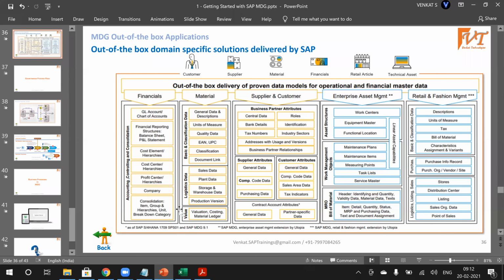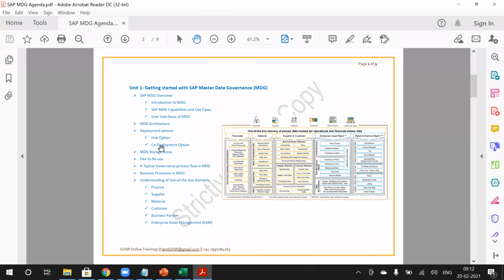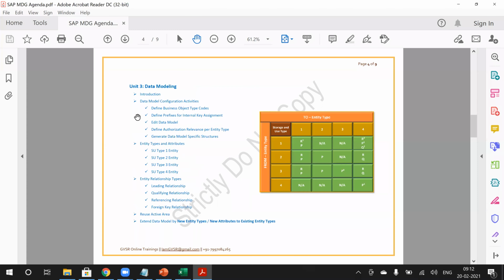As per my understanding, currently you don't need any server access to go through these topics. Up to some extent, we will be discussing only the theoretical portion. Once we start data modeling, from unit 3 onwards, you need the system access. I am suggesting this because the MDG server is very expensive, and it's very difficult to get a reliable server in the market. From my previous experience, I have taken servers from multiple vendors, and very few are reliable.